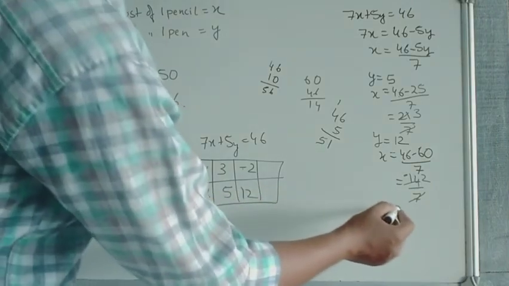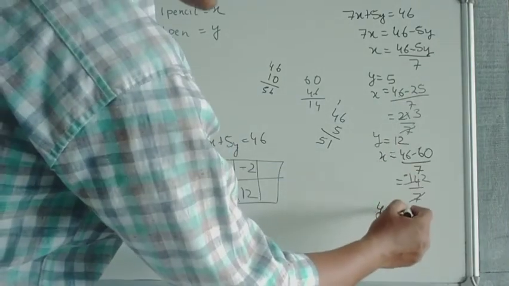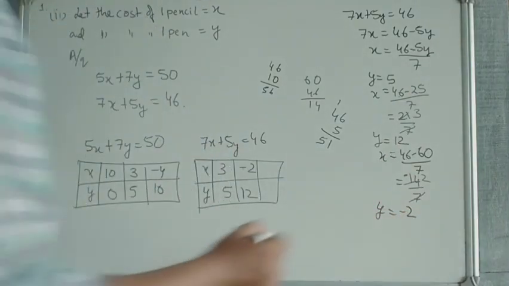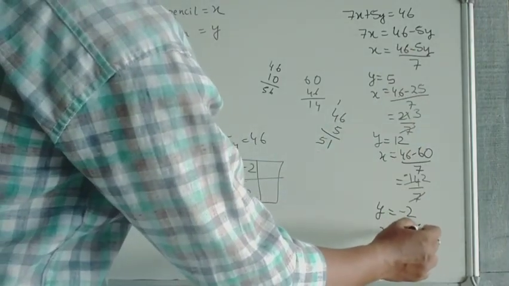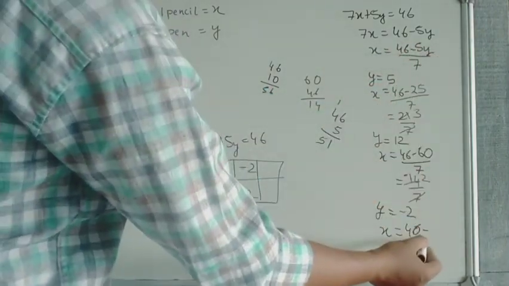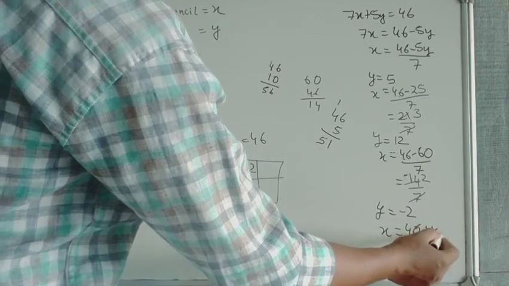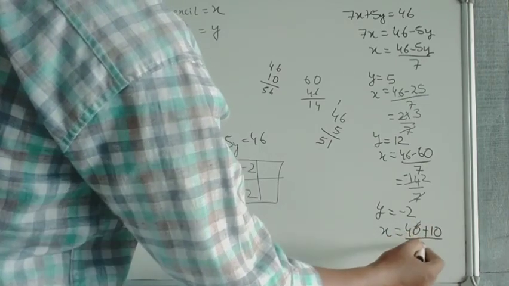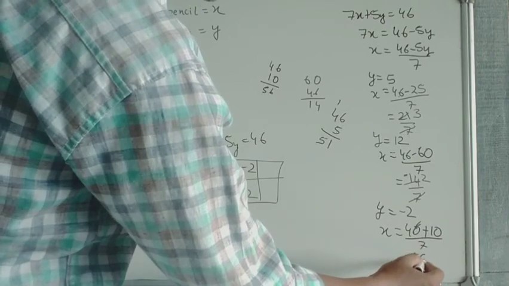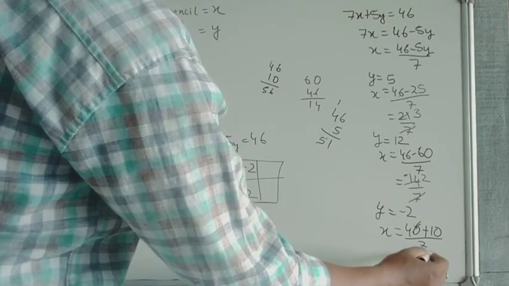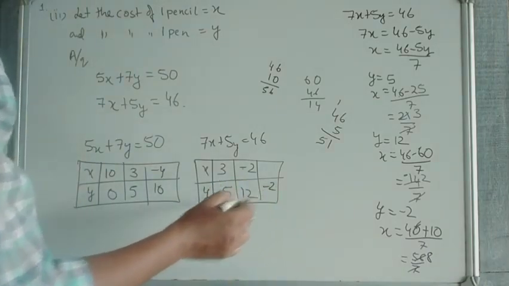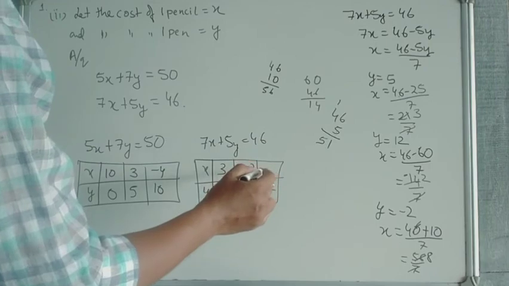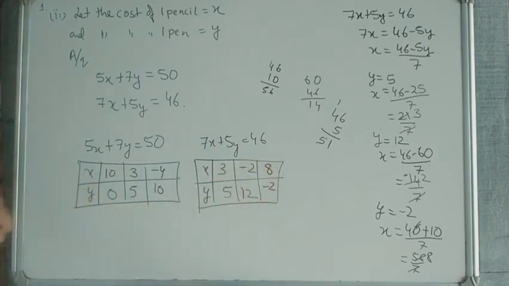So what value are we trying? We are getting it if you try minus 2. So x will be equal to 46 minus 5 into minus 2, which is plus 10, so 56 by 7. 8 7s are 56. So if I took y is equal to minus 2, the x value we are getting is 8. Now try the graph of this question by yourself.